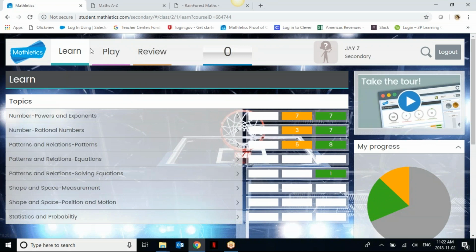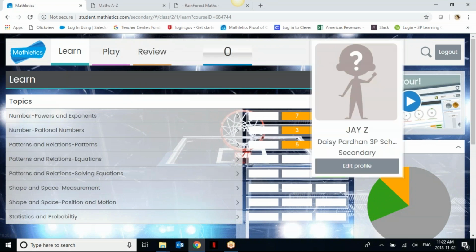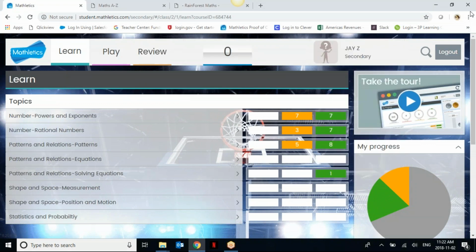Why don't we just take a minute or so and see if there's any questions. Again, you could type it into the chat if you have any questions before we move into the teacher console. I don't think anything is popping up right now. So why don't we carry on to